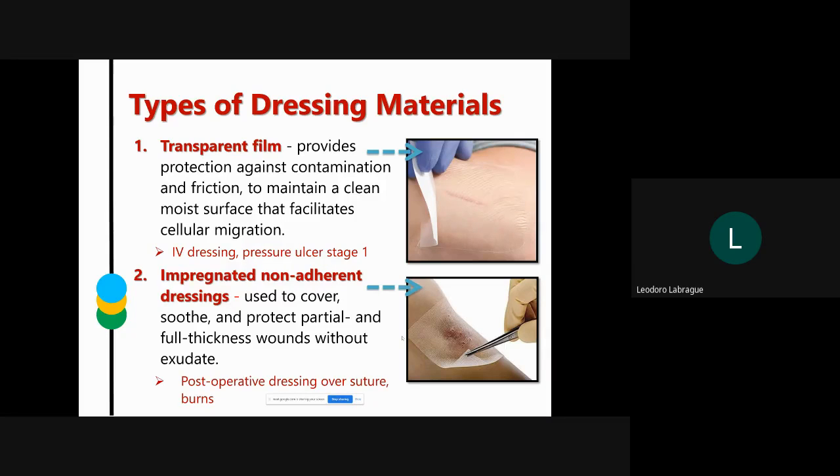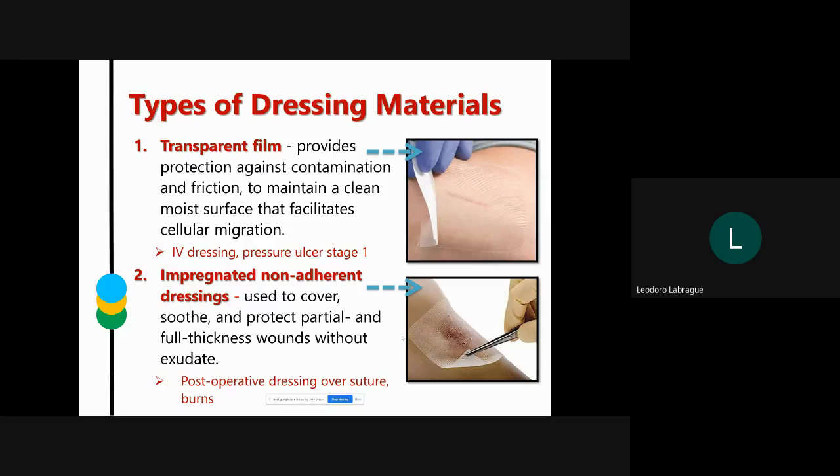Transparent film. But in the hospital, what you will see is that the wound is covered by a gauze which is not transparent. It is covered by white gauze. You will not see the wound. That is the ordinary dressing material that you have in the hospital, and that is the dressing material that we have in the lab. But in many hospitals, they are using already the transparent dressing.